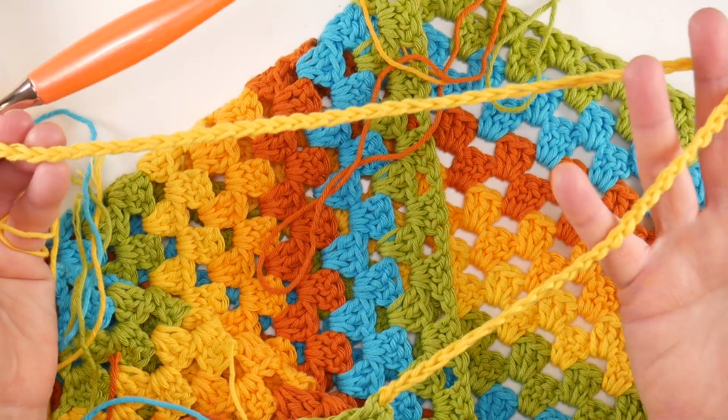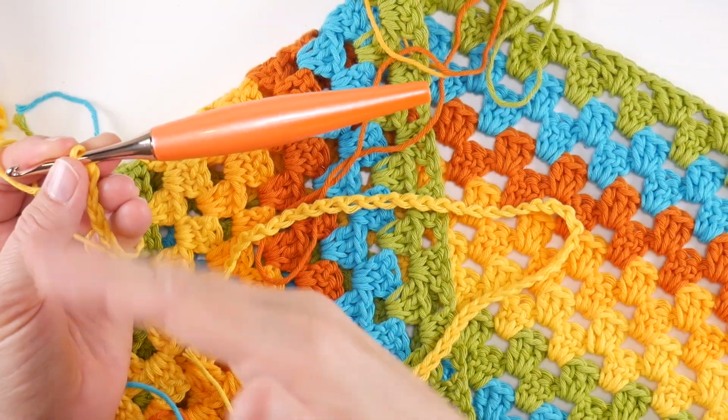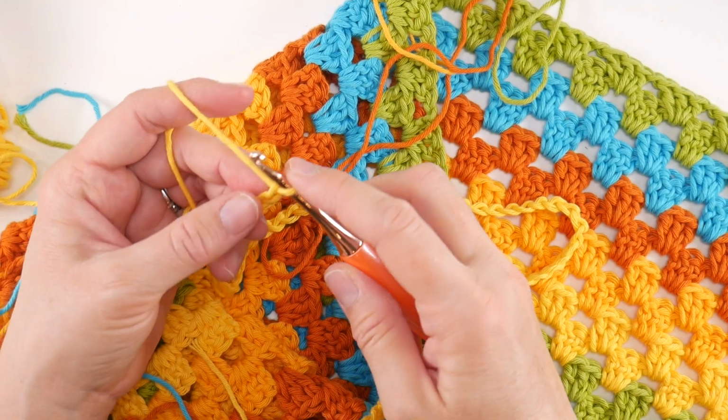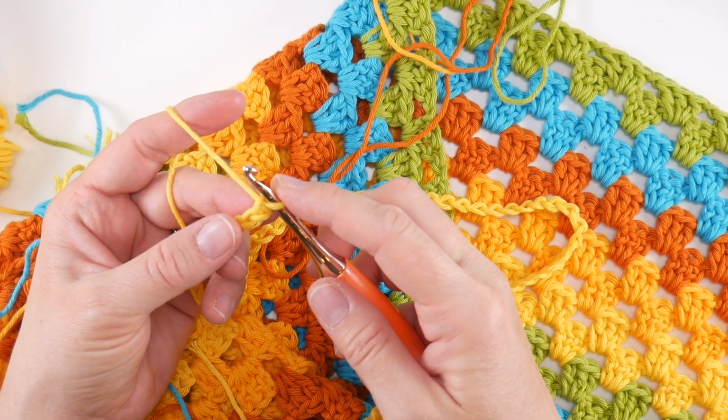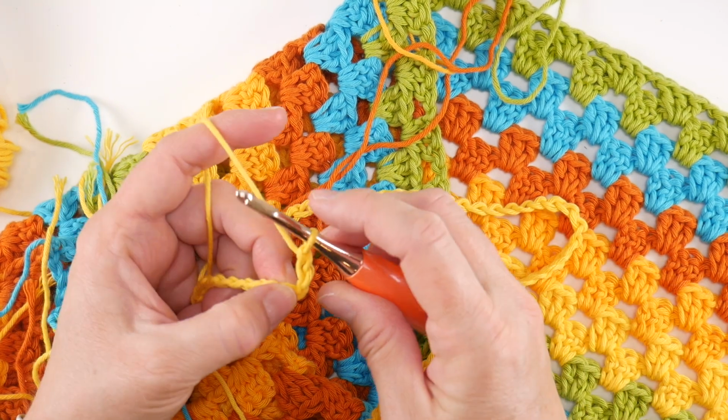So now we have this nice long tie, but it's a little bit flimsy. So what we're going to do now is work back into the chain with some double crochet stitches. So in the fourth chain from our hook, 1, 2, 3, and 4, we're going to work a double crochet